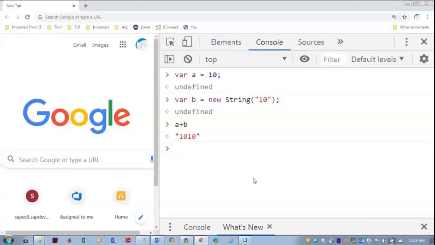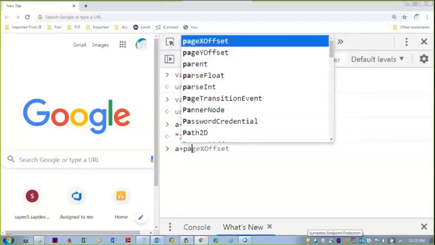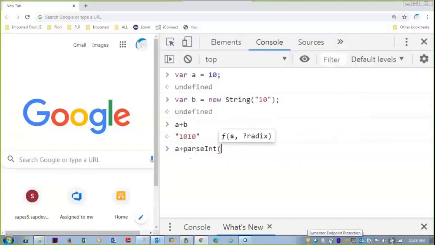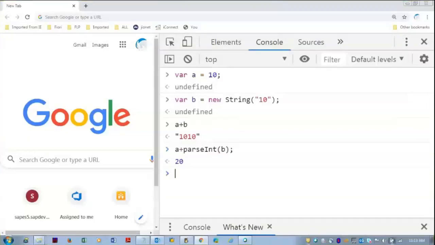You cannot add it. Even then I'm getting a number, but though it is a string type, what you can do is use a plus parse int of b. So even if it is a string, a number, you can pick that. It is only true with the values coming as numbers only.